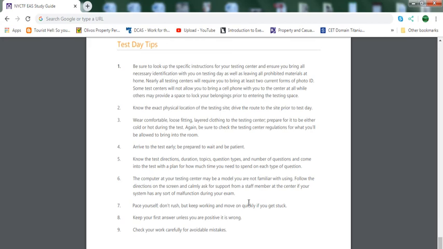Pace yourself. Pacing is very important. You have 135 minutes. It sounds like a lot, but it's not really a lot of minutes, because the passages take a lot of time. Passages are long. If you put a passage in Microsoft Word, it goes up to a page at least. So it's a lot of information you have to read. And sometimes they purposely put in information that you don't really need. That's what a lot of the problem is.